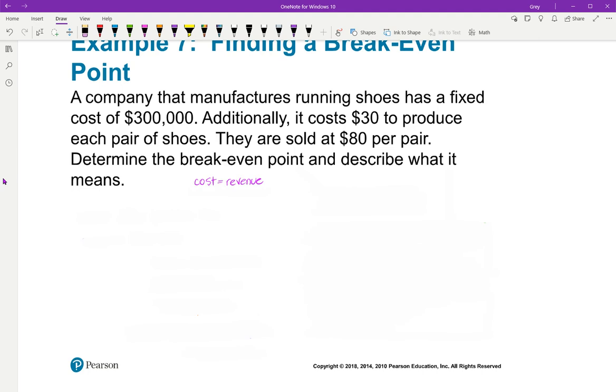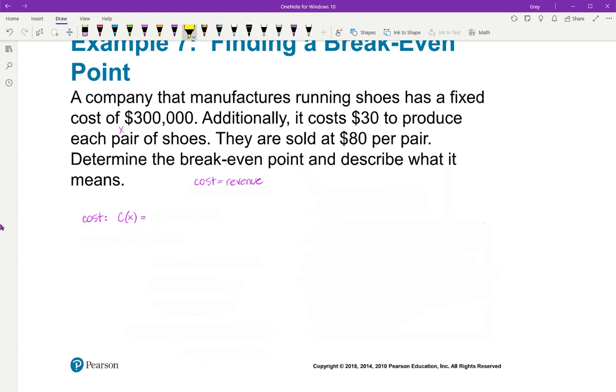So my cost, how much does it cost to make the shoes? I will say determine the break-even point. And so we're going to find that out, but that means I'm going to find out how many pairs of shoes. And so that's what my variable is going to be. X is going to be the number of pairs of shoes. And so to start off with, my cost, often referred to as C of X, is equal to